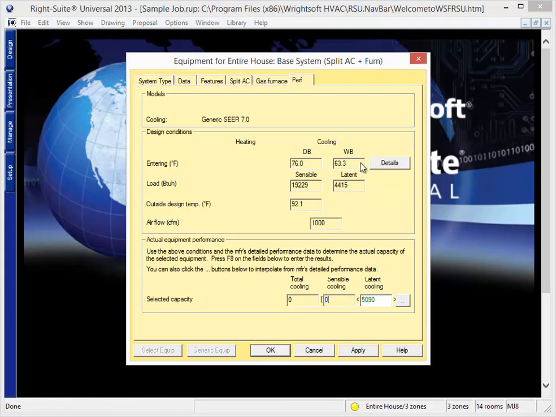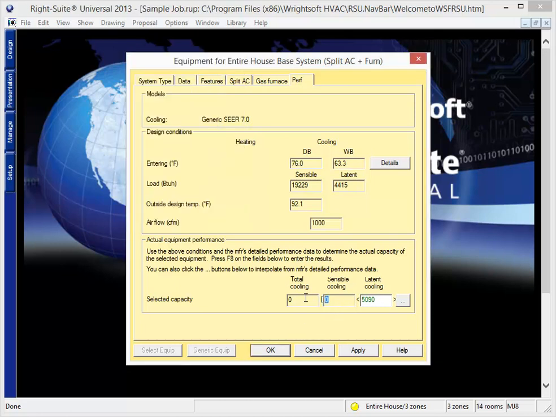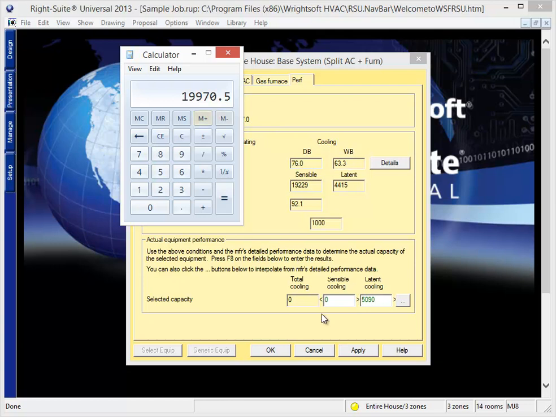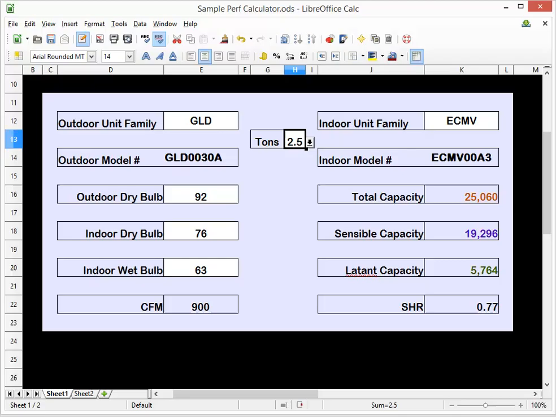This is my new sensible number. Now, if I take that number there and override the field, it's 19,970.5. So again, the only calculation I have to do when I'm using my manufacturer's performance calculator tool is take